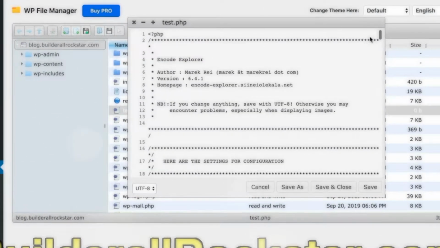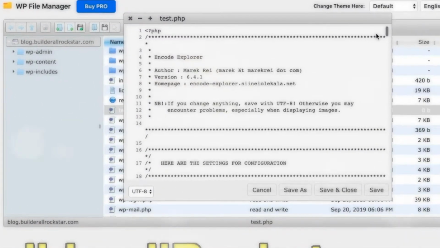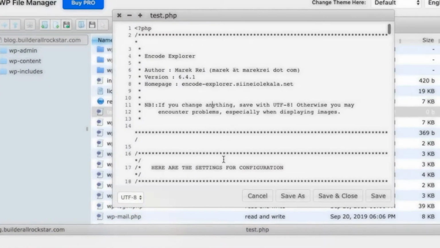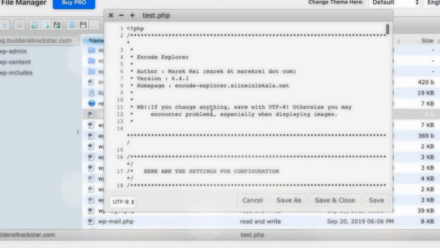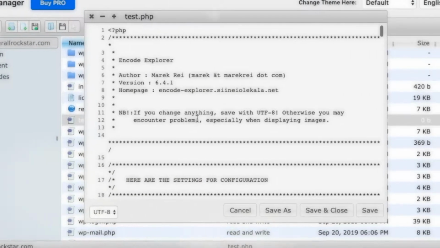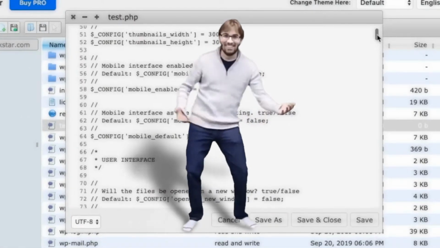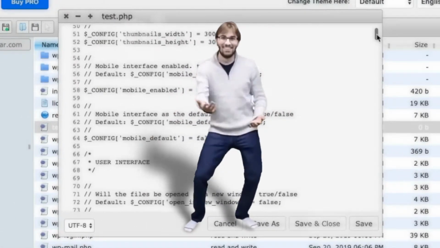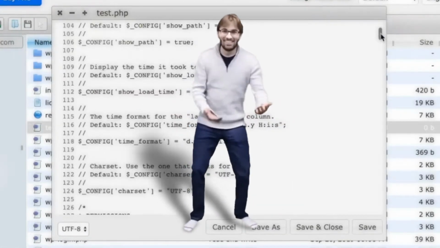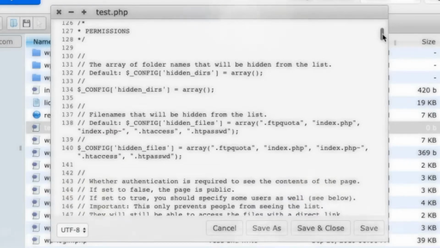So you go at the start and you just read. Here are the settings for configuration. Initializing variables, don't change those. User interface. Permissions.